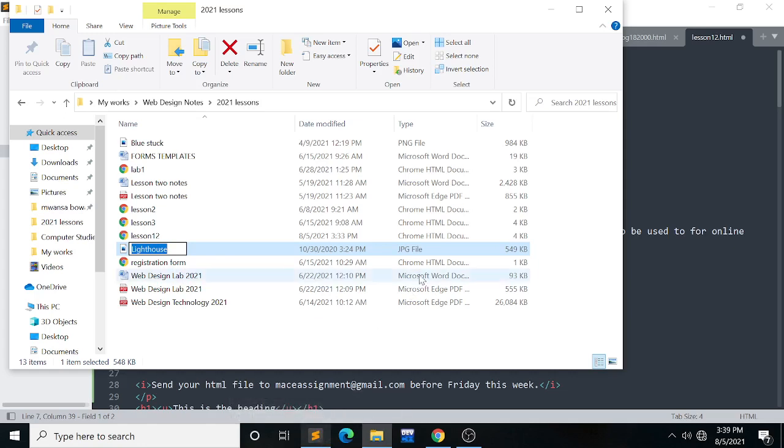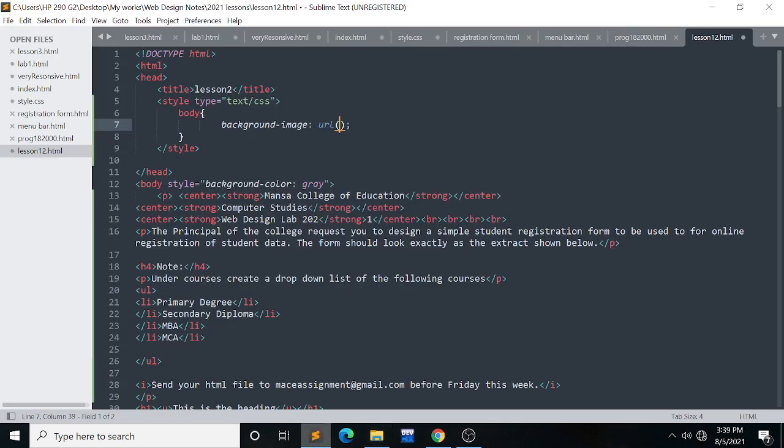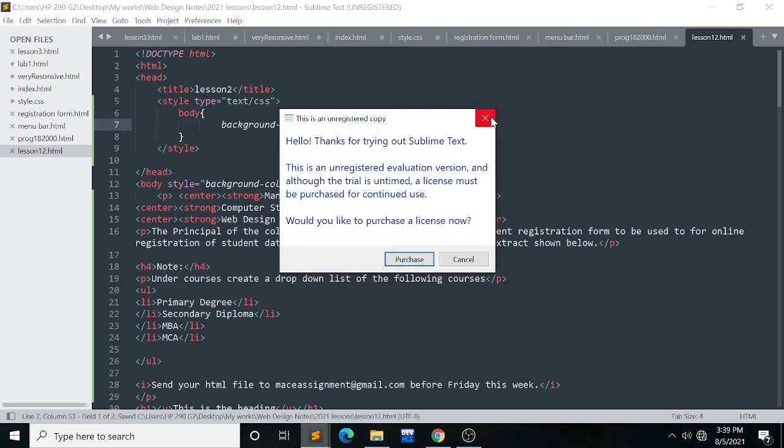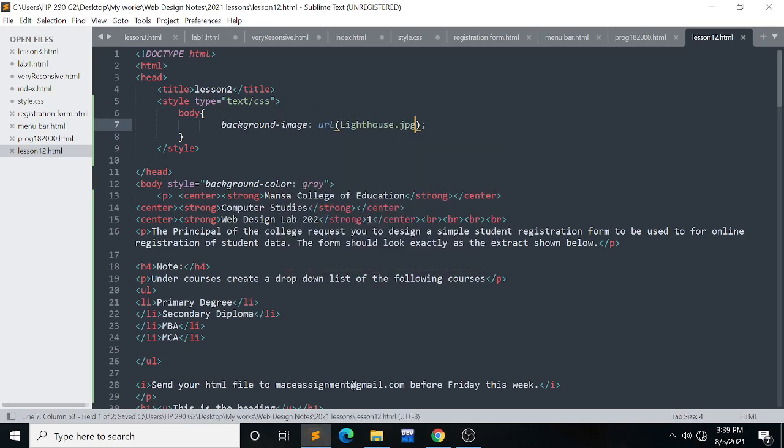You notice that this image is actually a JPG image, so I need to keep in mind that the image I have is a JPG image. So I'm going to paste it there. The file extension is actually JPG. So it's a lighthouse image. When I save this, and then go to my browser,